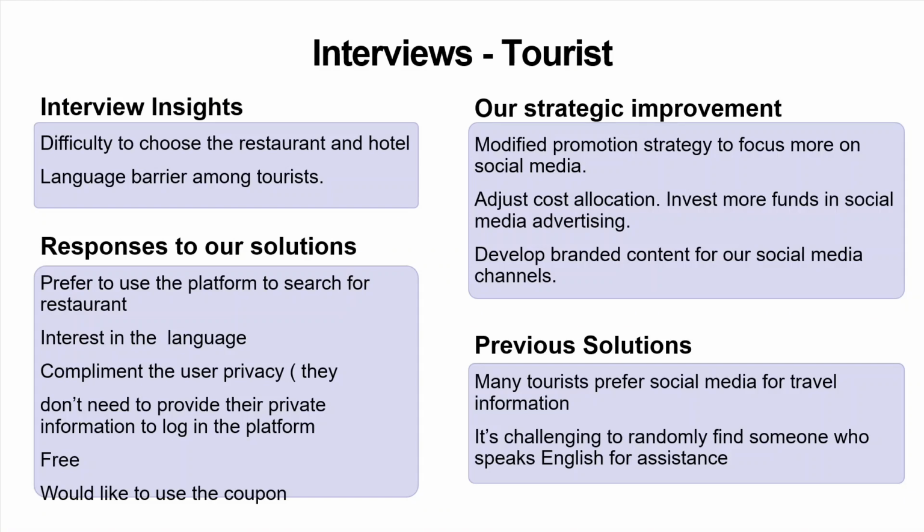Appreciation for the platform's commitment to user privacy, as no private information is required during login. Positive responses to the provision of coupons indicate user interest in utilizing them. In conclusion, our testing and interviews have steered us towards strategic enhancement, ensuring our tourist recommendation system evolves to meet